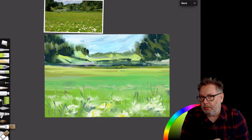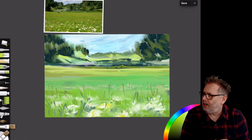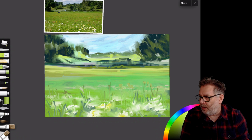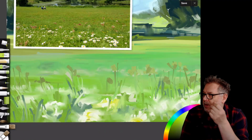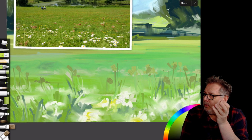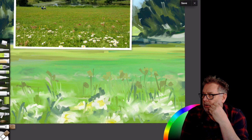And I've got another problem now. If you look at the painting, where's the focal point? What is the bit that's going to draw your eye in? There's nothing. It's just sort of an empty field with some out of focus daisies in the foreground. So that's something I've got to deal with, and I've also got to deal with the middle third, which looks a bit empty. So I decide that what I'm going to do for the focal point, I'm going to make